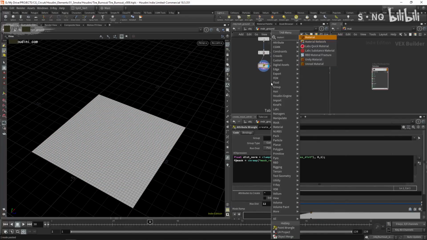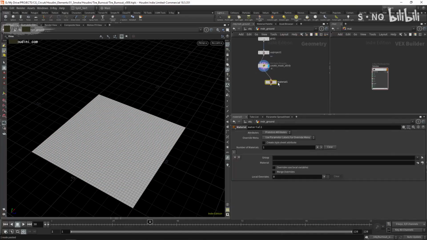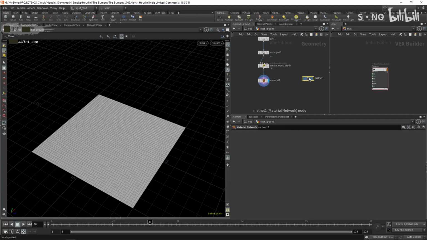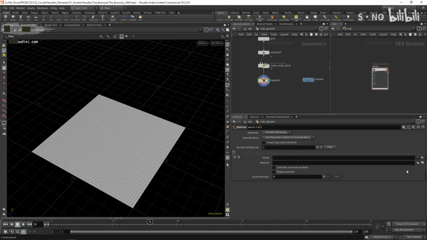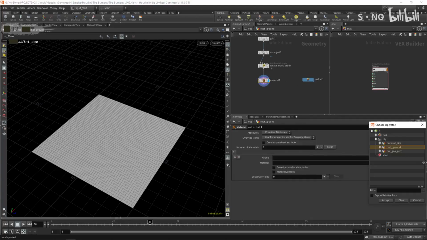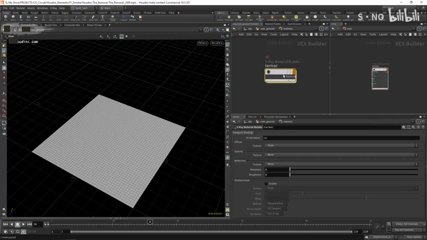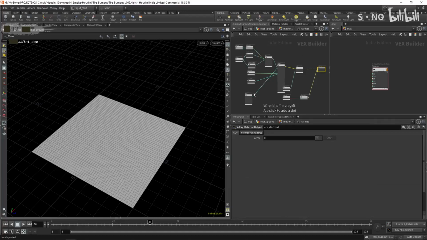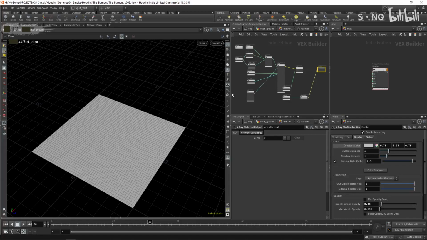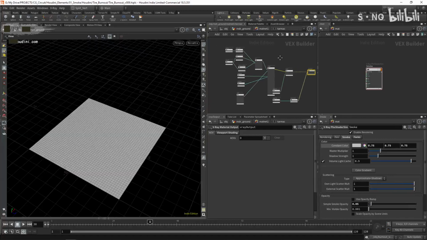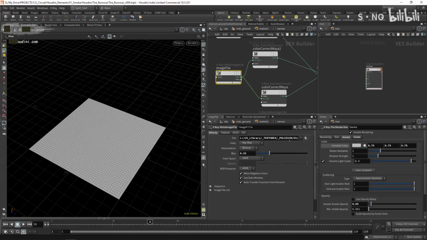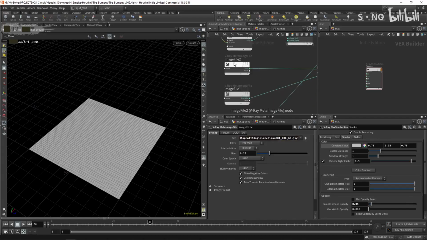Finally, I created a material for this, so let's apply the material directly on the geometry. And I also have a material network with that already. And inside the material network, let me just assign the material already. It's just a tarmac material based on some maps that I downloaded, some free samples that you can get from Polygon. Really high resolution, high quality maps. Nothing fancy here. So you have your diffuse, your color information. You have, I'm using, what else? I'm using